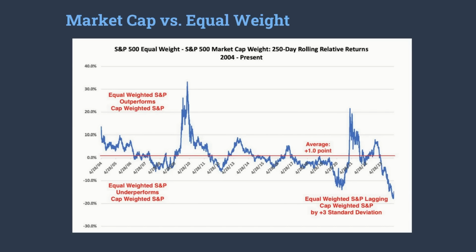Equal weighting outperformed market cap weighting through the early 2000s, then started to shift downward prior to the Great Recession. And then once the Great Recession took place, we saw massive outperformance by equal weighting over market cap weighting. We still saw pretty good outperformance by equal weighting until we started to hit the late